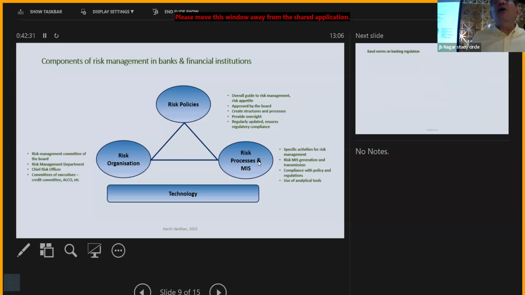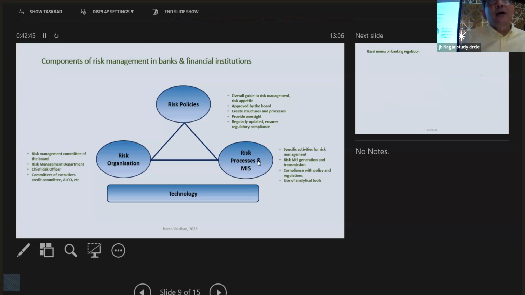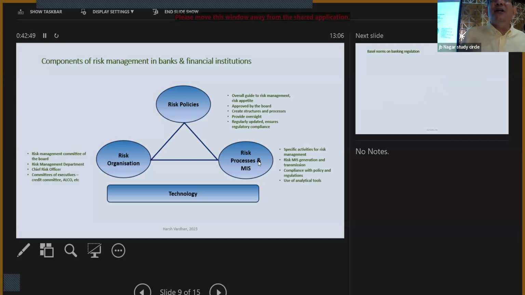And the final element is risk organization. Now, most banks will have a risk management department. There'll be a chief risk officer, who is the single most senior person in charge of risk management. There's always a risk management committee of the board. And then at the lower level, there are different committees of executives. So there'll be a market risk management committee chaired by the executive director, stuff like that. So there is a whole elaborate risk management organization,